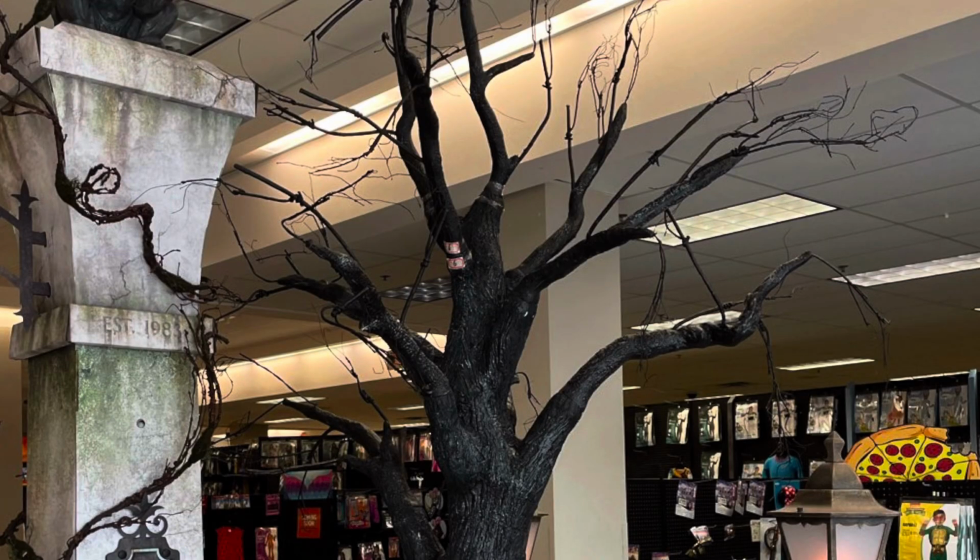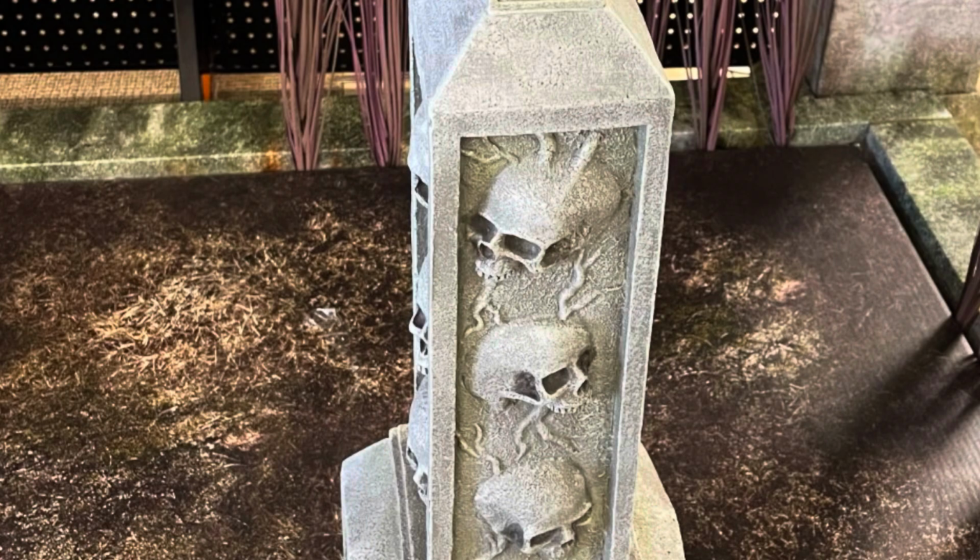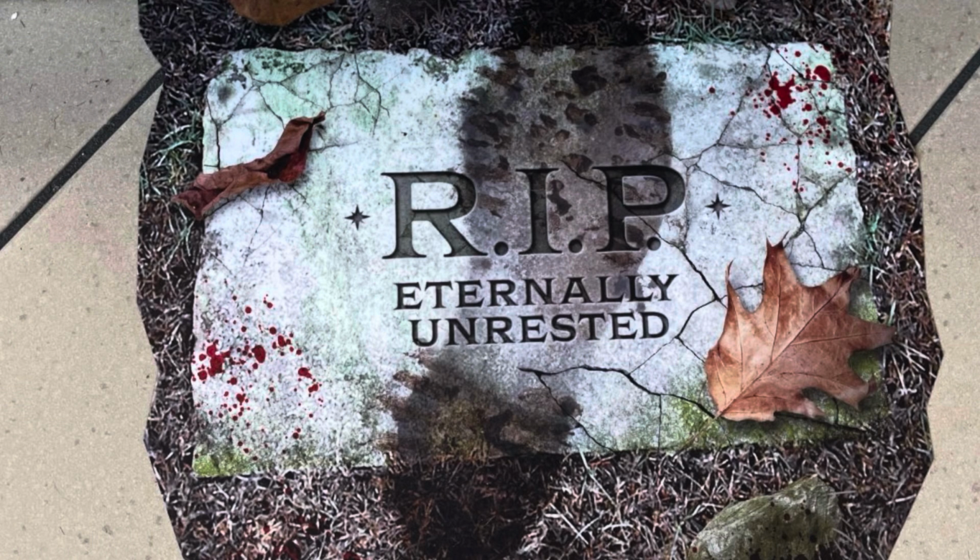Here's a couple of other things that were featured around Jack's mausoleum. We have these funky, cool-looking trees, which were so awesome. We have the Death Awaits tombstone, which was really cool. We have the Skulls tombstone. And then the step pad animatronic activator featured the RIP with the footprint on top of it like a gravestone,